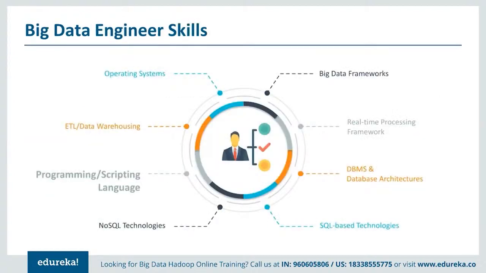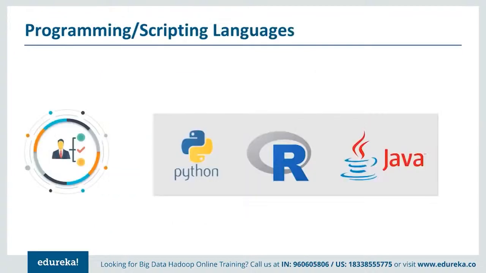Next, we have programming languages. Various programming languages can serve the same purpose. The knowledge of just one programming language is enough, as the flavor changes but the logic remains the same. If you're a beginner, you can go ahead with Python as it is easy to learn due to its easy syntax and good community support, whereas R has a steep learning curve and was developed by statisticians. R is mostly used by analysts and data scientists.